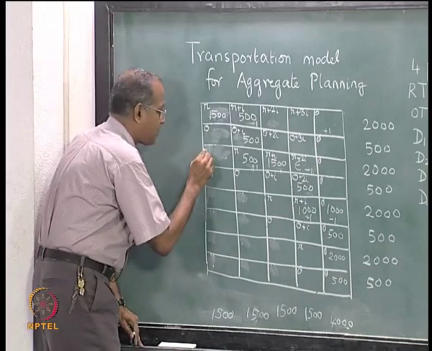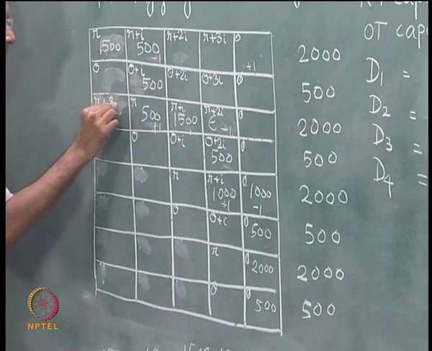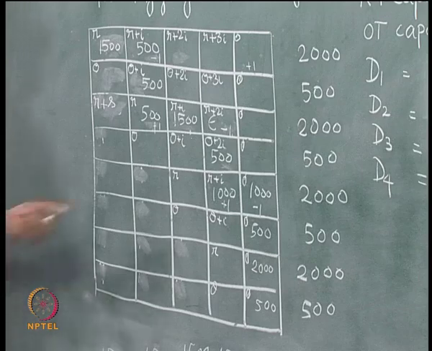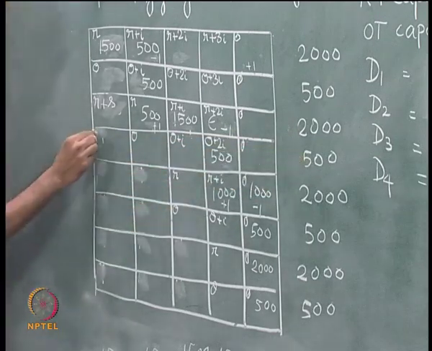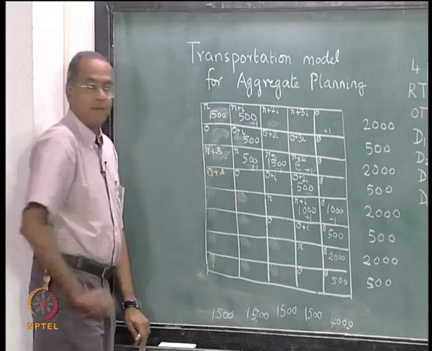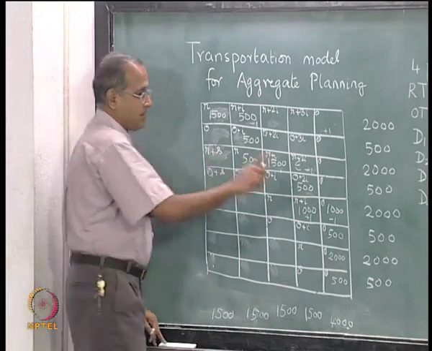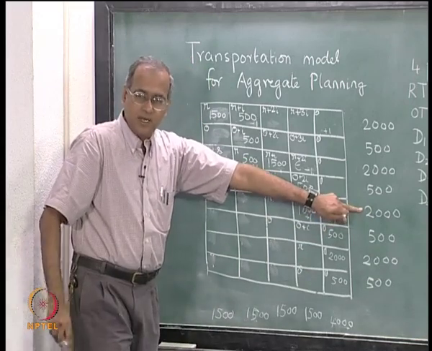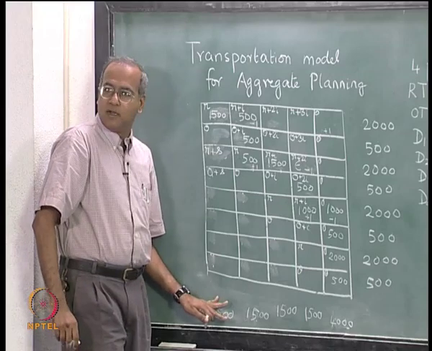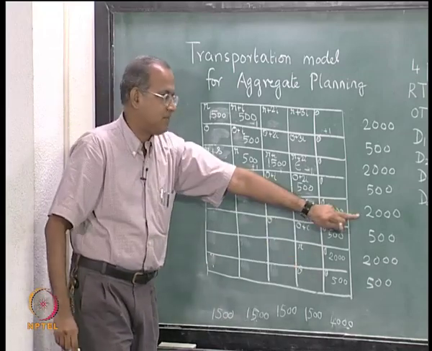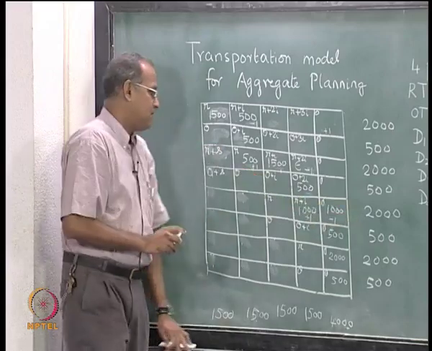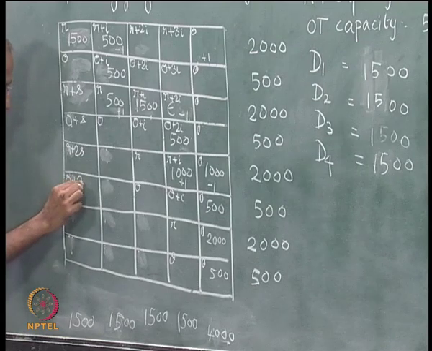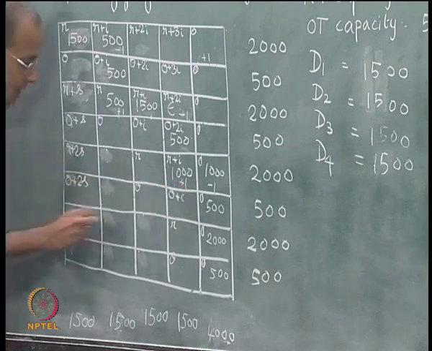So, there is a regular time production cost of R plus a back order cost of S. So, the cost becomes R plus S. Second period's overtime to meet this, the cost becomes O plus S. Now, the third period's regular time capacity I am using to meet the first period's demand, which means I am going to produce here and back order for 2 periods. So, this will be R plus 2S and O plus 2S, and this will be R plus 3S